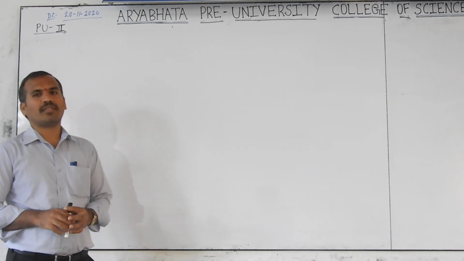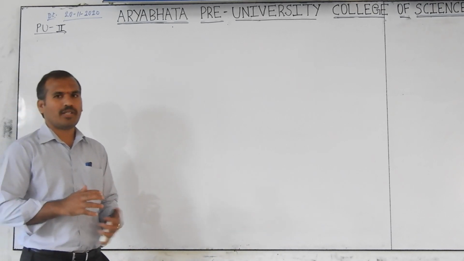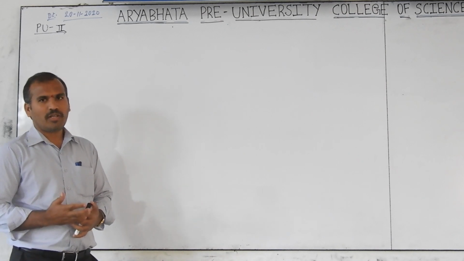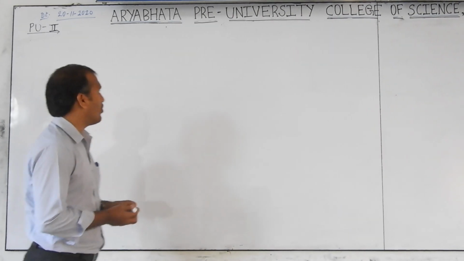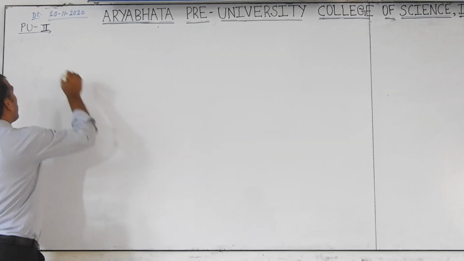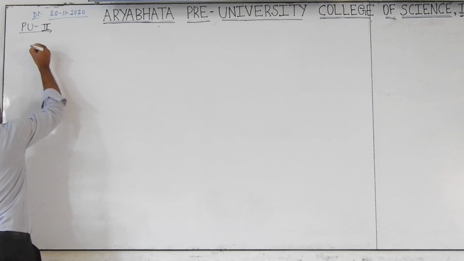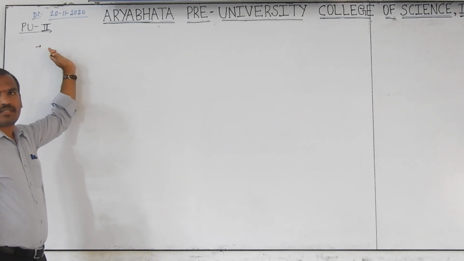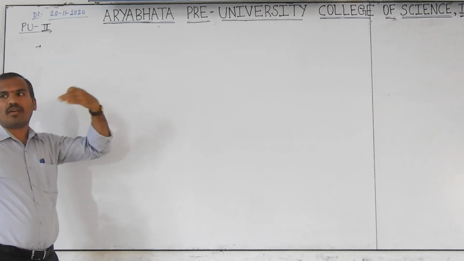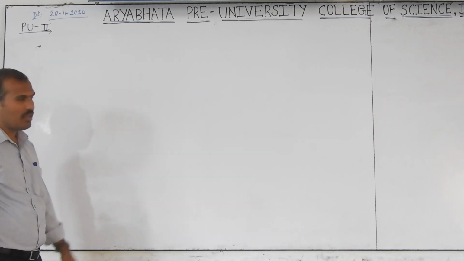In the previous class, I discussed that when the structure is given, we write the IUPAC name. Now, when the name is given, we have to write the structure of the organic compound. So, what are the rules for this? The heading is, I am not writing it, just note it if you want: when the name is given, we have to draw the structure.